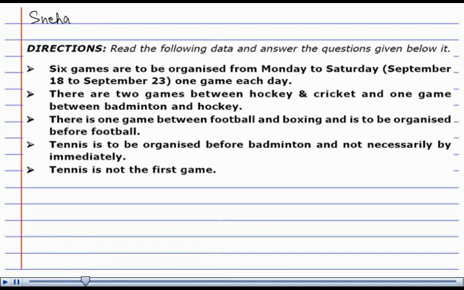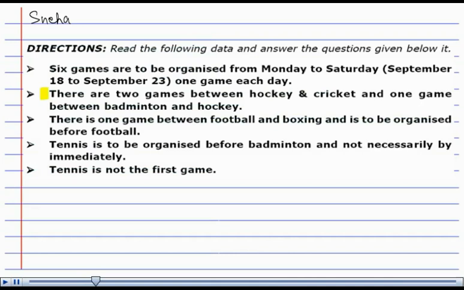Let us try to convert the data into a line diagram as shown below. Since there are 2 games between hockey and cricket and 1 game between badminton and hockey, we can show it as 2 games going to be between hockey and cricket, and 1 game going to be between badminton and hockey.